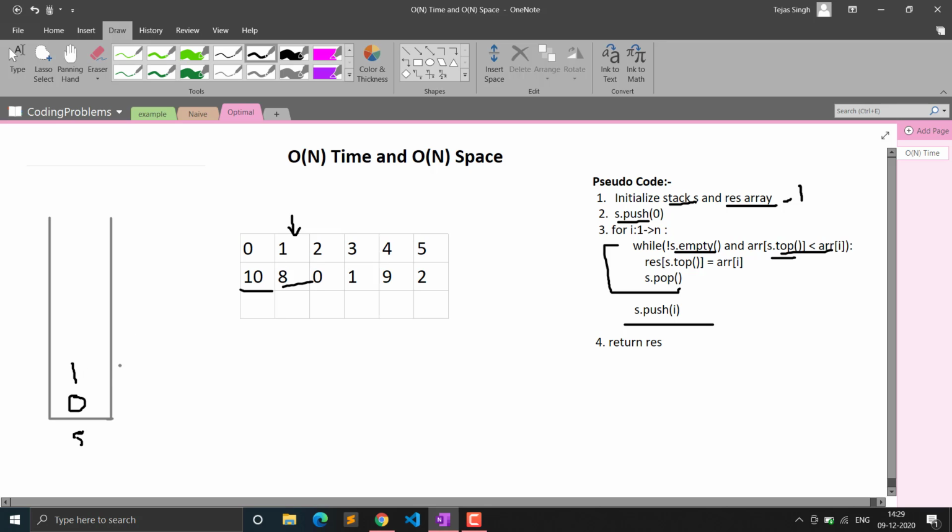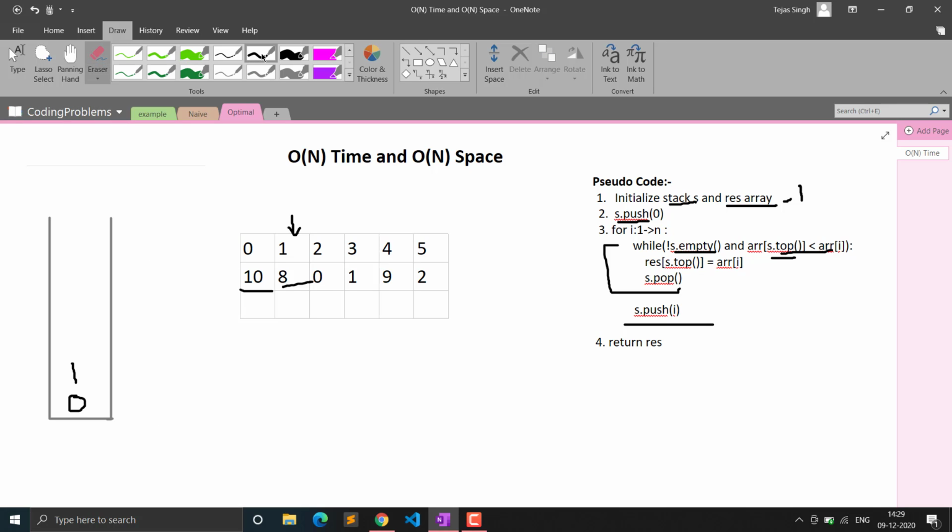So why do we push simply 1? Because you can see 10 was here, 10 in the index was here. So when we try to push 8, 8 can simply be pushed because 8 is not greater than 10. If 8 had come first and then 10, then we would have to pop 8 because 8 has found its next greater element, so we would simply pop 8. But in this case 10 is greater than 8, so we don't have to pop